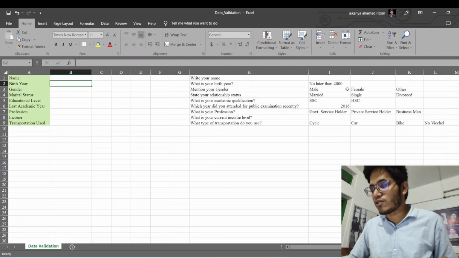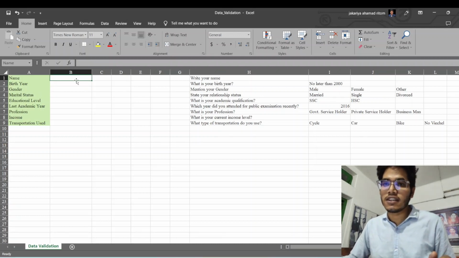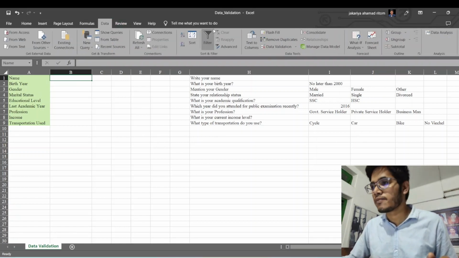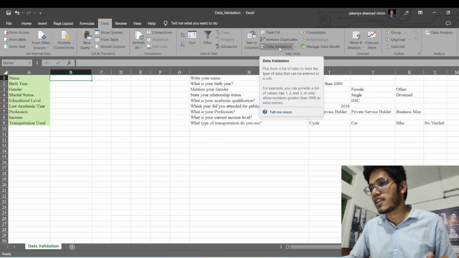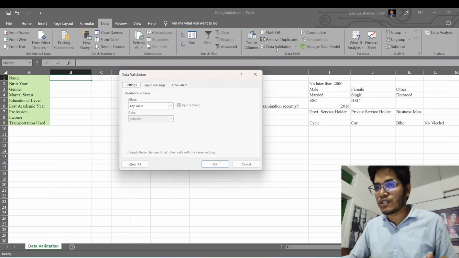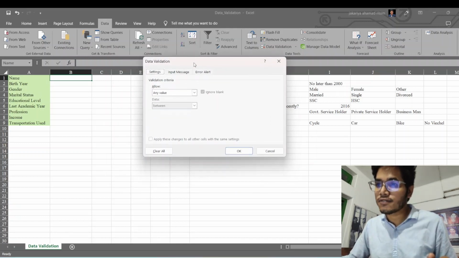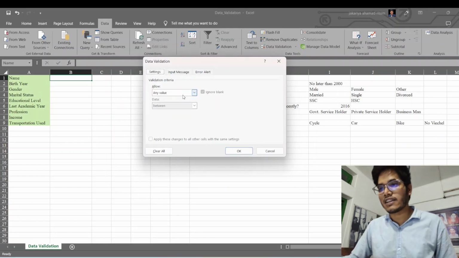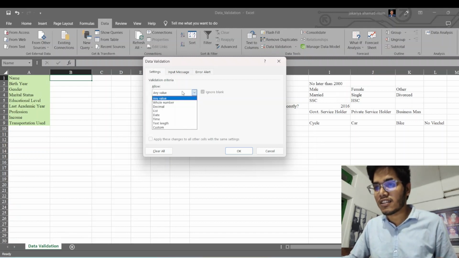And here is also some information to validate our data. So first we'll select cell number 1 and go to the Data tab and select Data Validation, and we will have a pop-up here, and we will set some settings for this section. We will keep these settings as they are,